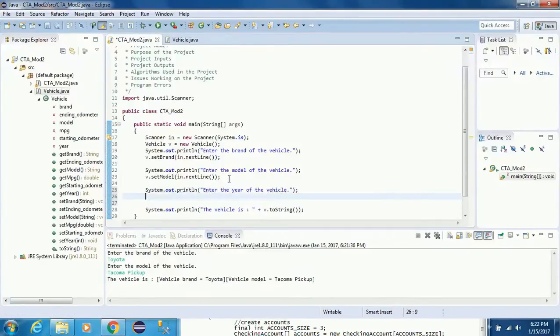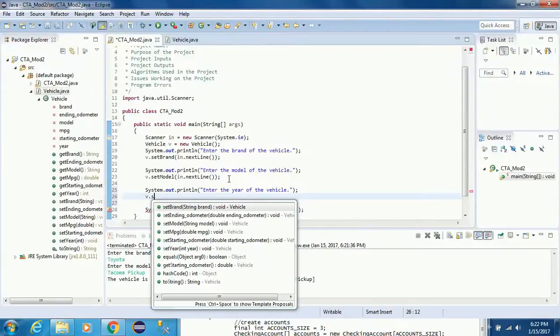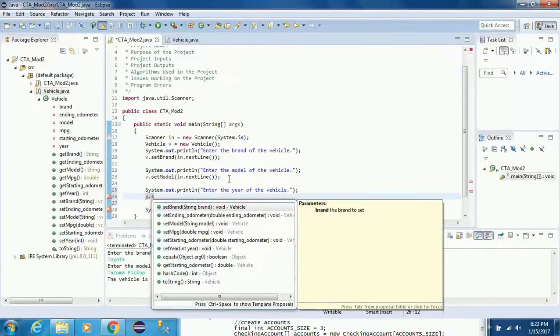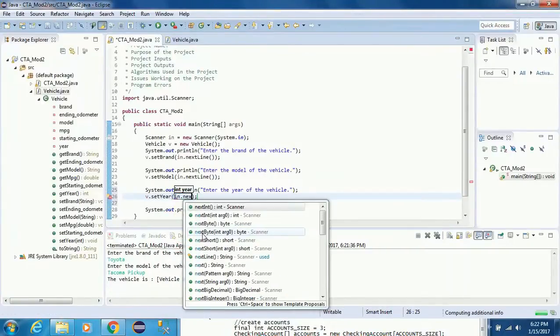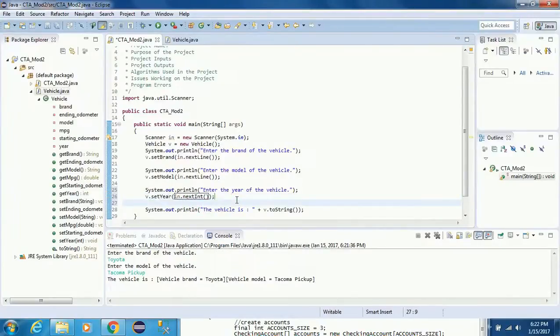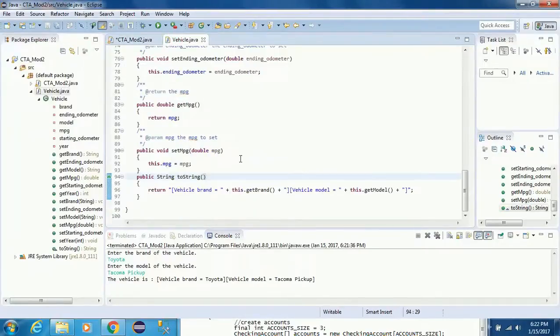Okay, and then we can go v dot set year, n dot next int. Okay, or we could say next line or next integer, since year is an integer. Okay, and then as we enter the year, we can go back to our toString method and print out vehicle